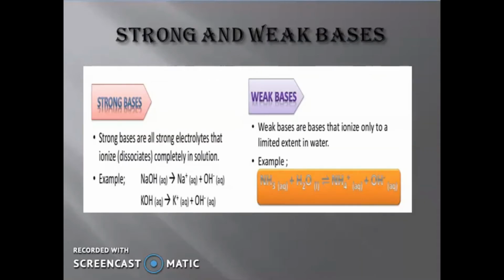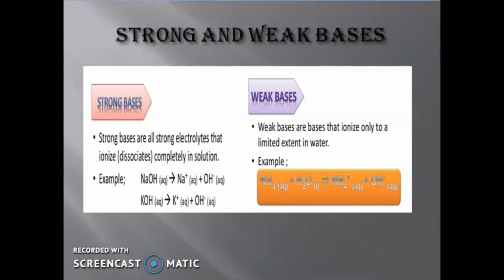Strong and weak bases. Strong bases. Strong bases are all strong electrolytes that ionize, dissociate completely in solution. For example, NaOH, when dissolved in aqueous solution, gives off Na plus and OH minus ions. Second example is KOH, potassium hydroxide, which when it dissociates completely in solution gives off K plus ion plus OH minus